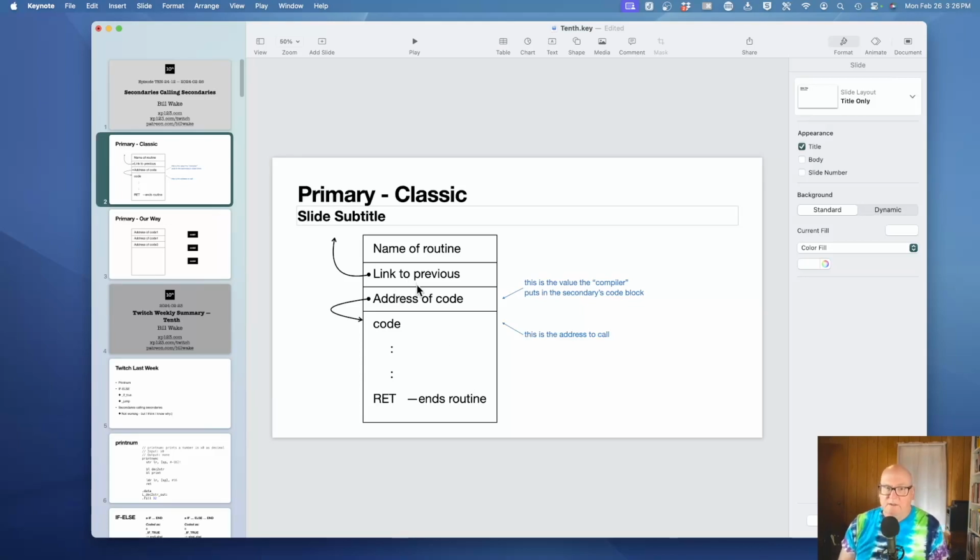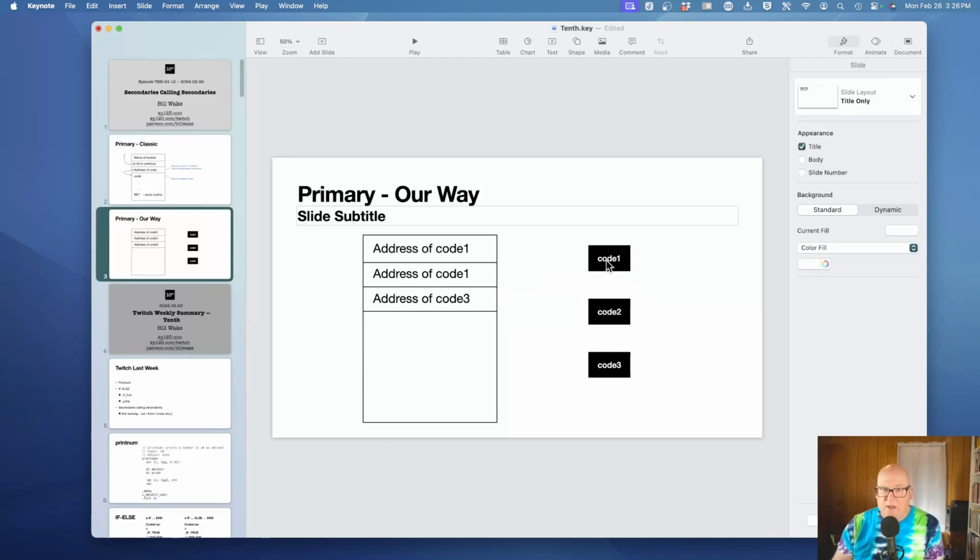Now, what I've done with our dictionary, I mean, I call it a dictionary. It's not really much of a dictionary. I've stripped out the name of the routine, the link, and the code. So the code in our case is sitting out there somewhere, and code 1, 2, 3, and then what's left of the dictionary is just these addresses. So the code, normally the code would live immediately after the address and point to it. In our case, we're just putting it somewhere else and pointing to it. It shouldn't conceptually matter,